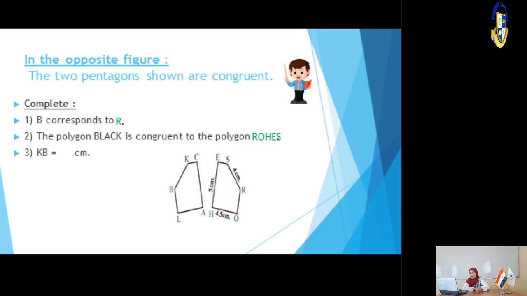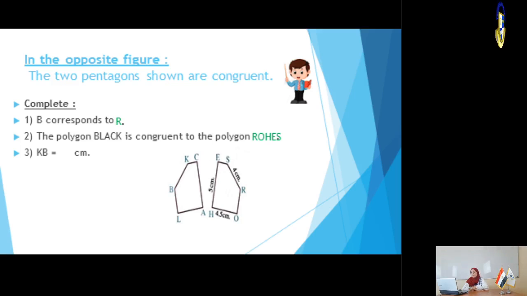We take the order of the vertices, each vertex with its corresponding vertex. So B corresponds to R, L corresponds to O, A corresponds to H, C corresponds to E, and K corresponds to S. So we can say the polygon BLACK is congruent to the polygon